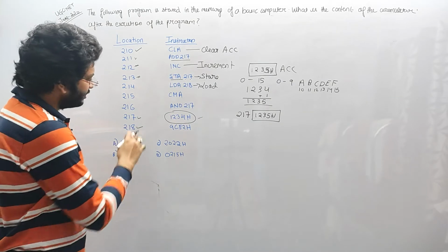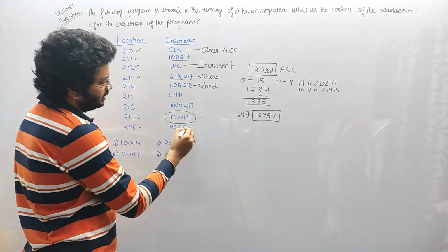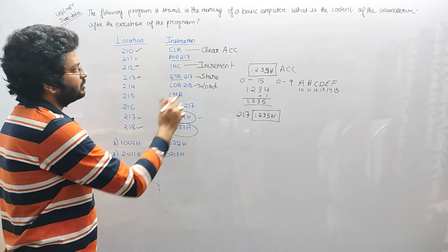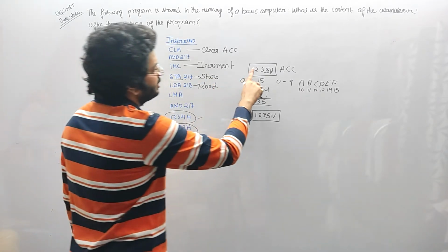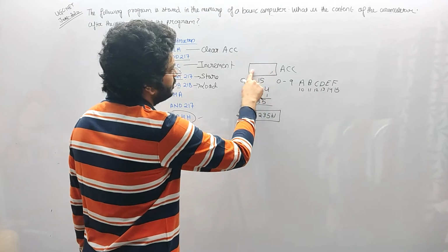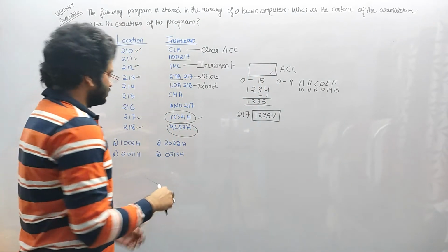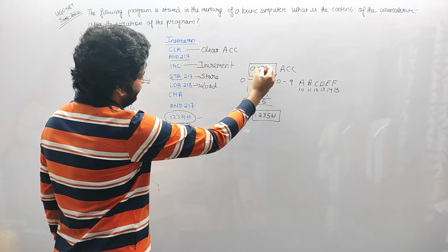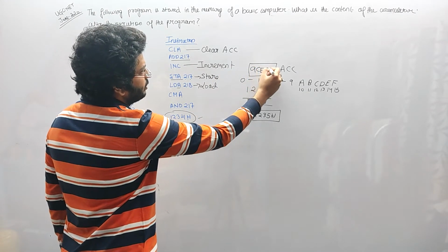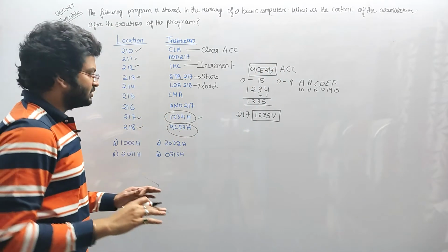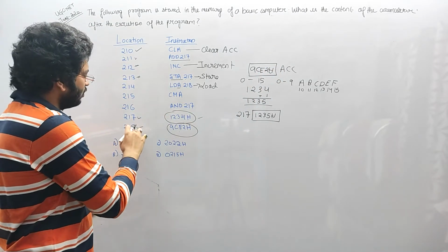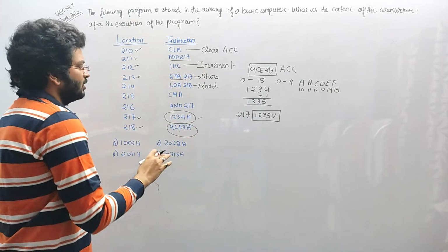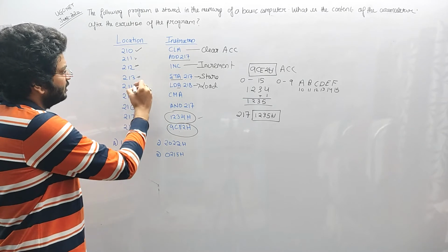So what we have in 218, this value 9CE2H, is the value of 218, and we have to load it into the accumulator. Basically we only have a single accumulator, so this value got replaced and 9CE2H got placed here. So this value in 218 got loaded into the accumulator. Now this got executed.